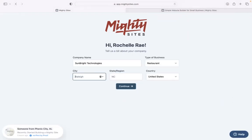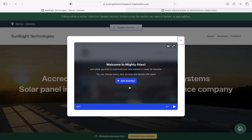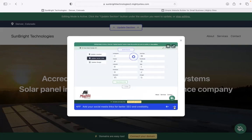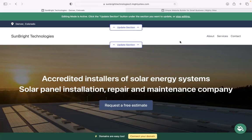Great, let's tell Mighty Sites a few basic details about our business. Pop in your business name, your city, and your state or region. And it doesn't matter where in the world your business is operating from, you can enjoy the Mighty Sites service. We have happy users from all around the globe. Once you've clicked on continue, Mighty Sites will automatically bring up this pop-up showing you how to customize your new website in under 30 seconds. For now, I'm going to be closing that off because today I'm going to be the one to show you